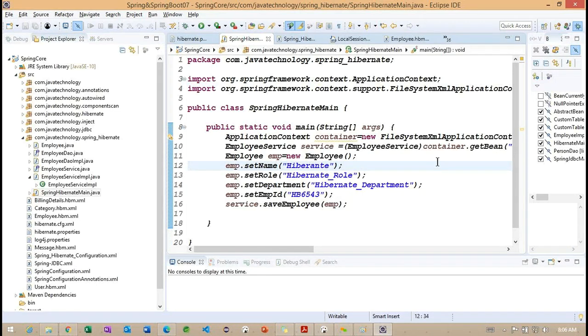Later, we'll continue with the same example. Once everything is going fine, we'll move on to the annotation example here. Okay. If anyone has any questions, you can ask me in tomorrow's class, because the same example is not yet completed today. So we'll continue tomorrow with the same example.